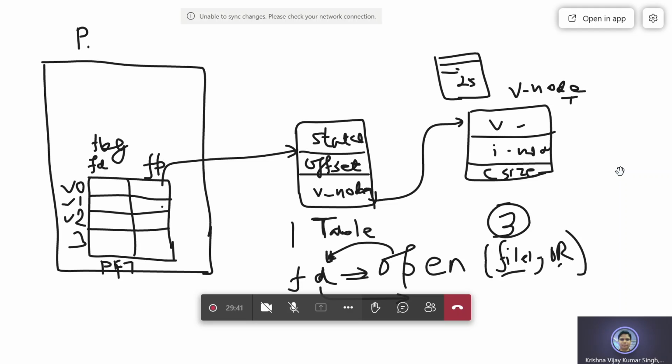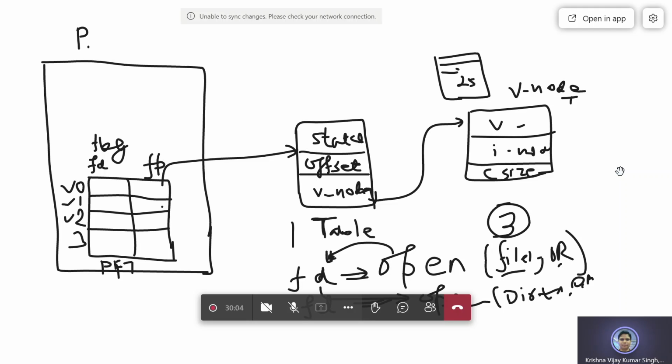Let's say again I have written FD1 equal to open, and this time I am writing directory.txt. So I am opening a new file in read mode.